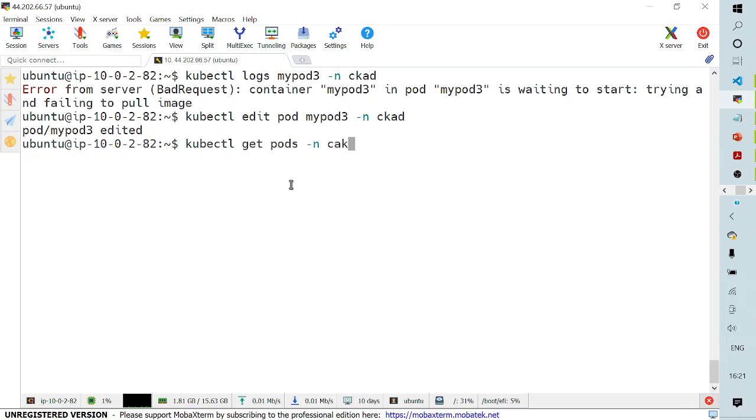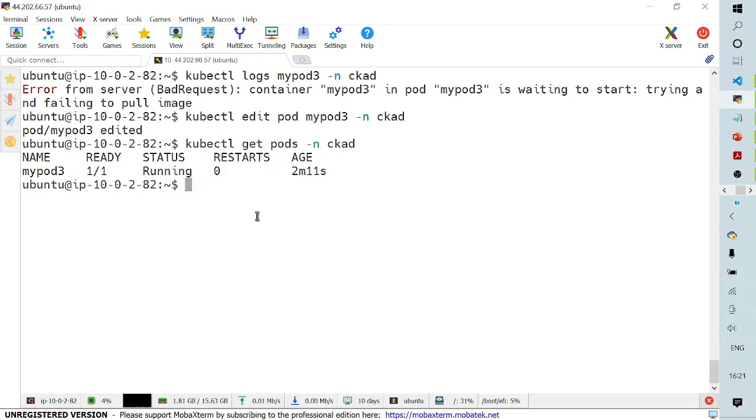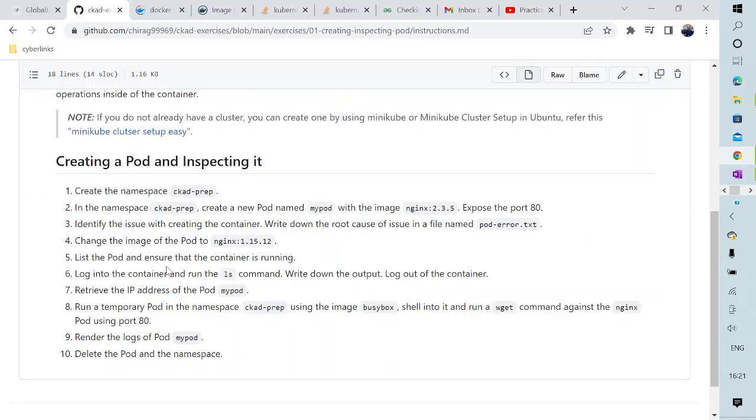So kubectl get pods again, namespace ckad. My apologies there. You can see that now the ready is 1 out of 1 and the status is running. So now our pod is running successfully. So we have done that. I will go back to my GitHub repository, and now what we are trying to do is